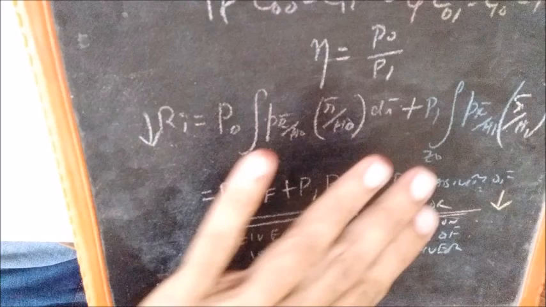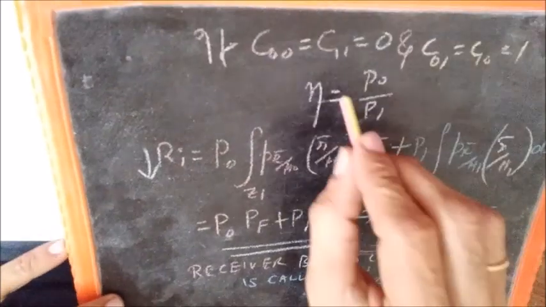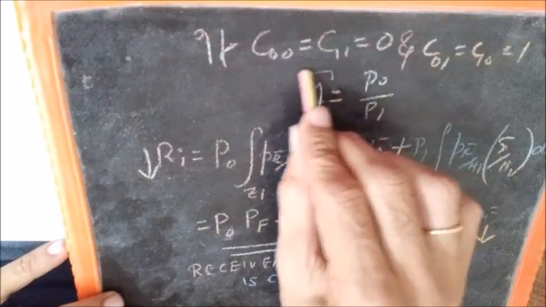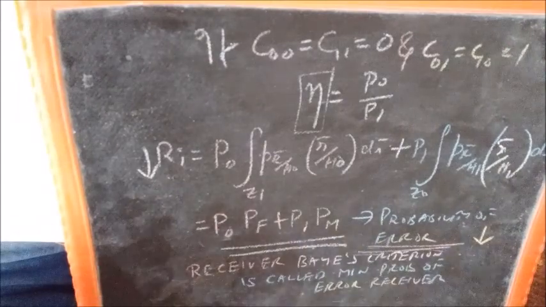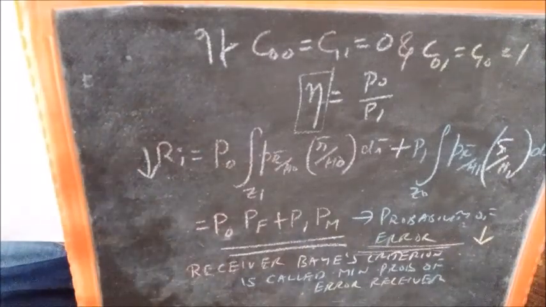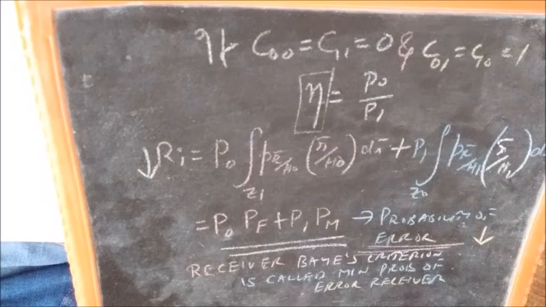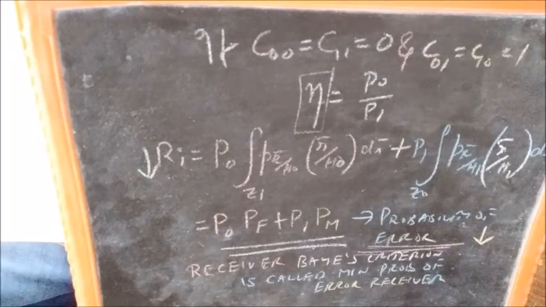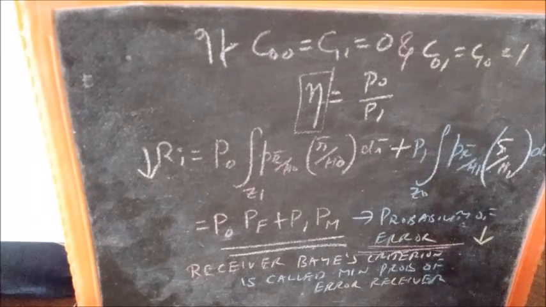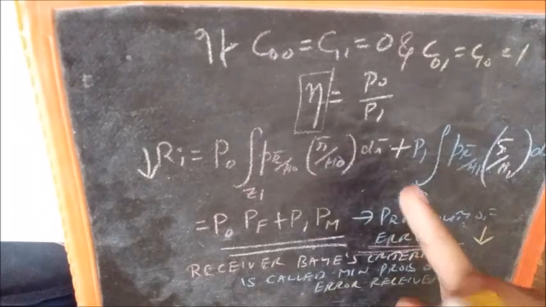So now we move on to discuss a method wherein we can take the best possible decisions when P0 and P1 are not known. Of course, in the case of binary hypothesis, if you don't know any one of these, you don't know the other also. And if you know any one of these, you know the other. So wherein P0 and P1 are not known, we will discuss one such method now.